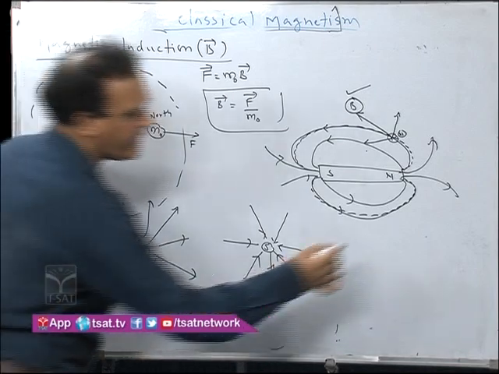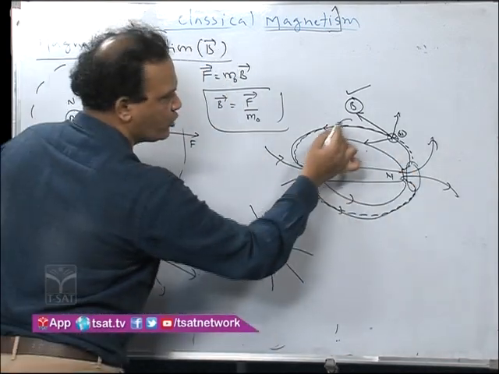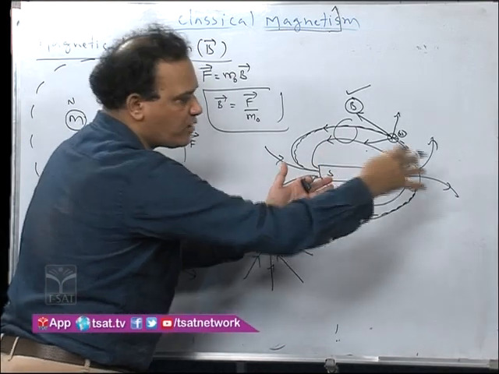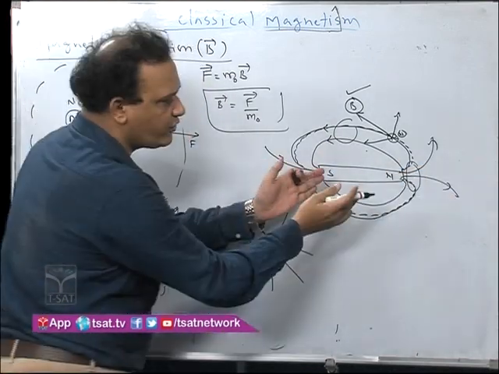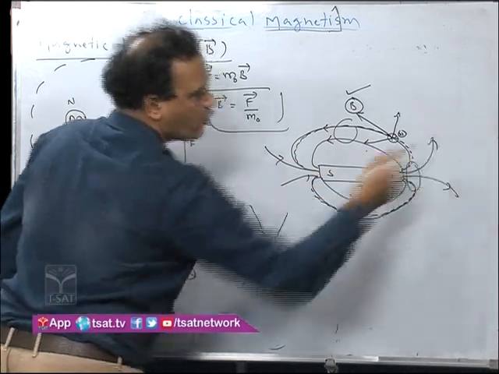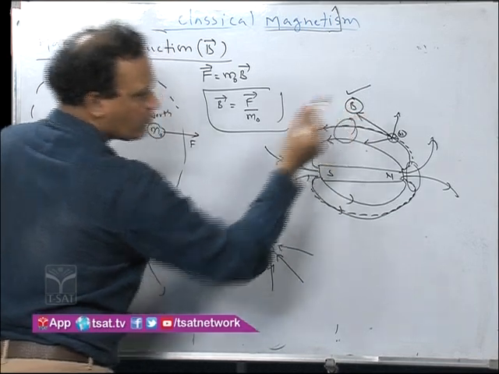Now in this case, let us take a unit area. Here also the same unit area. But at the end of the bar magnet, more lines pass. Therefore, the field is maximum where the number of lines is more. Here the field is minimum where the number of lines is minimum.